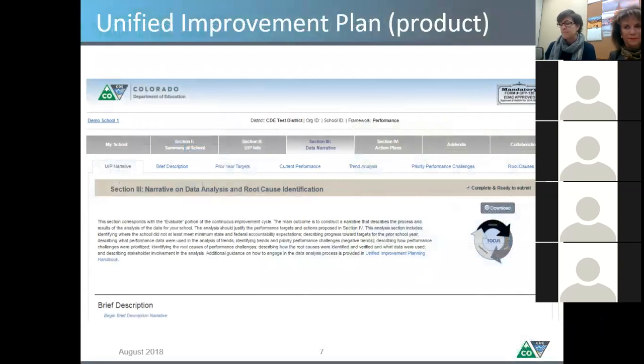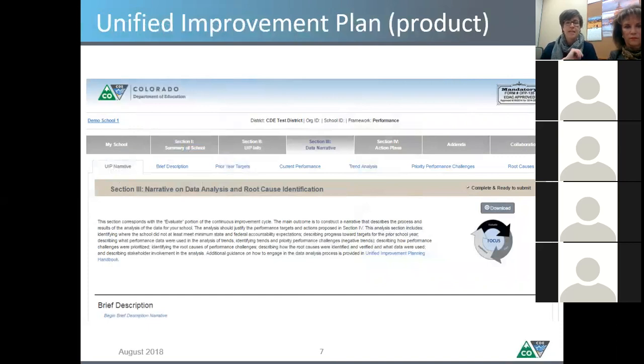So I think one of the other elements in the process is acknowledging that it is in fact a process. It's really what happens with your staff, with your team, with your stakeholders. But what we want to make sure is that we also understand that whatever comes of that process is what gets documented in the plan. So kind of having this understanding of what is process versus what is product.